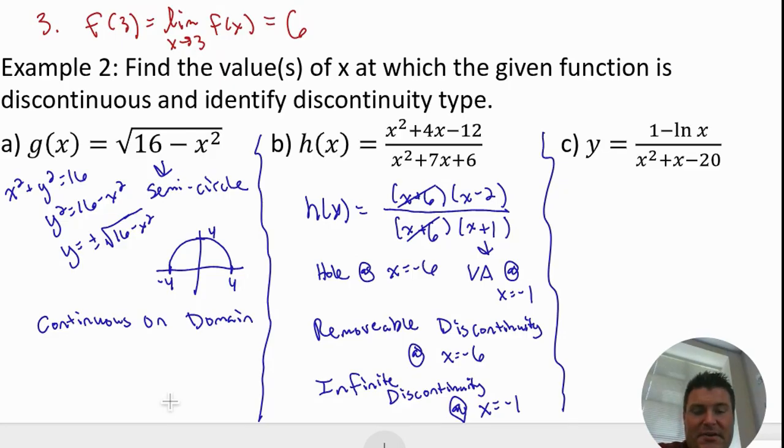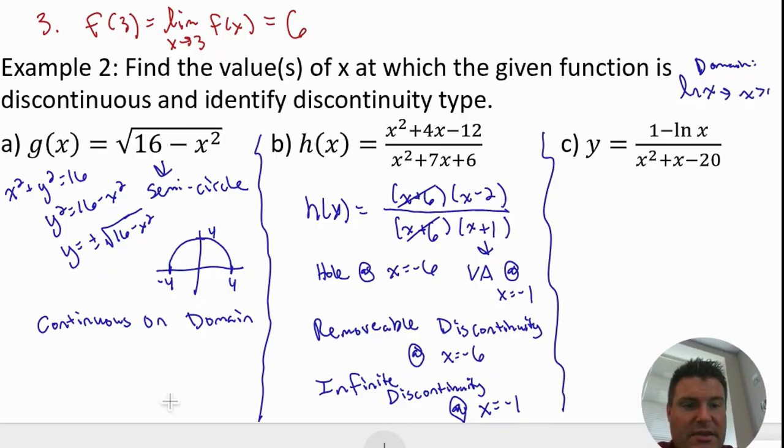All right, and last part right there, C. We're going to have some domain issues here, because if we were to take out the pieces of this, it's nice to know that ln of x has to be positive everywhere where x is. So our domain here for ln of x is going to be that x has to be greater than or equal to 0. Okay, so let's just kind of keep that in the back of our brain here as I go ahead and go through this and I factor it,